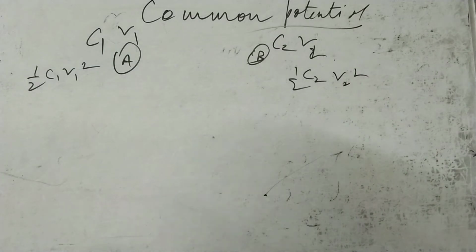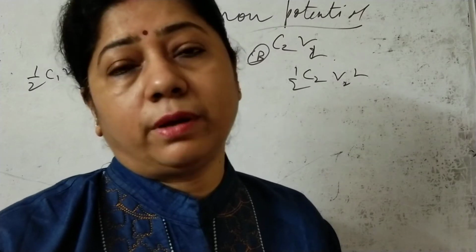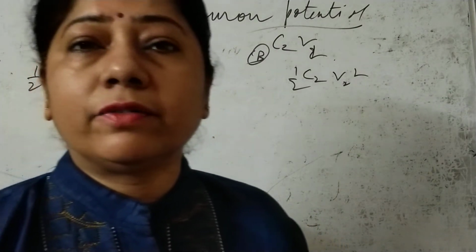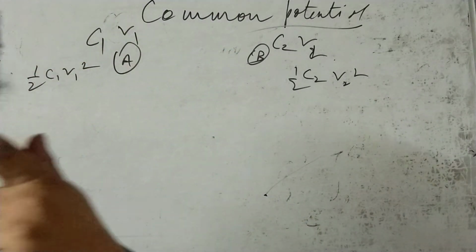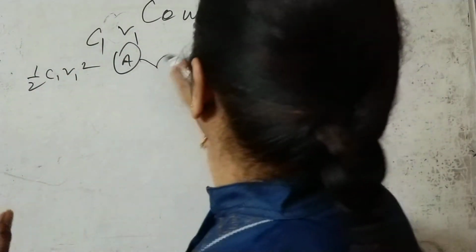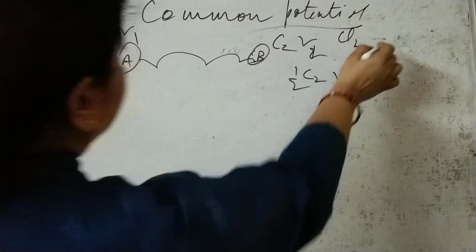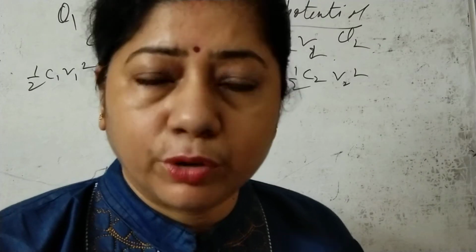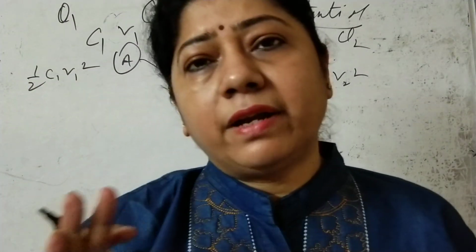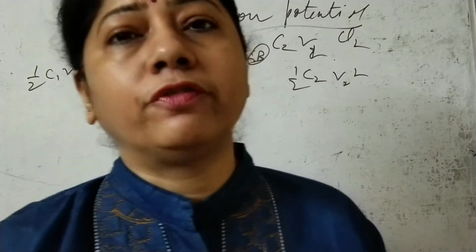Now they are not being connected by anything. Now you take a conductor and connect these two capacitors. When you connect them with a wire or any conducting material, what really happens is there is a flow of charge from higher potential to lower potential. You all know this. Let us assume the initial charge is Q1 and Q2. This flow of charge will continue until they attain the same potential. The moment both conductors have the same potential, the transfer of charge will stop. That is the point where we talk of the common potential.